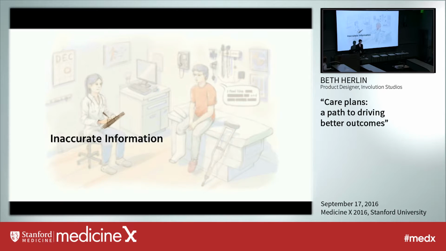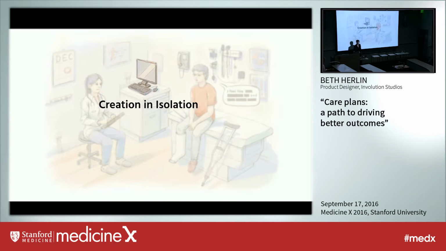Because she doesn't have the whole story, Dr. Yang has trouble working with Edwin to create the right plan. She might ask questions in a way that Edwin doesn't understand, and he might not give the most accurate answer because he's self-conscious or unsure. Edwin receives a plan from Dr. Yang, which may or may not line up with the one that his ER doctor gave him. And when he's referred to an orthopedic specialist, he'll get a potentially differing plan as well.